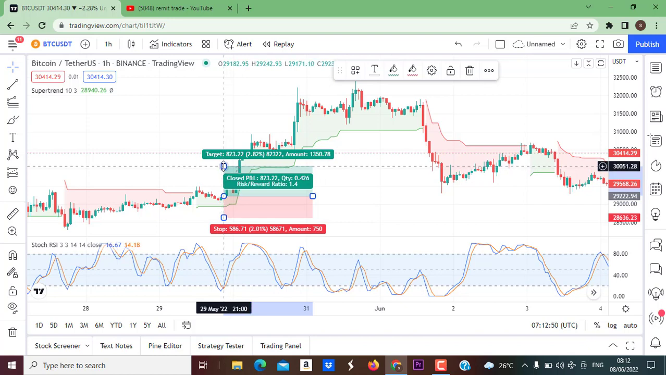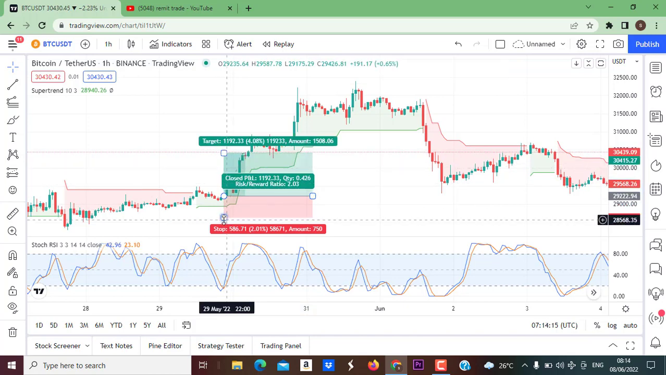So I am looking for a 1 to 2 risk reward ratio. For this strategy, you also have to look for a 1 to 2 risk reward ratio. That means if I am risking 2% for my stop loss from my entry to this very area, then that also means I am going to look for 4% to the upside. So I am going to move this to the upside